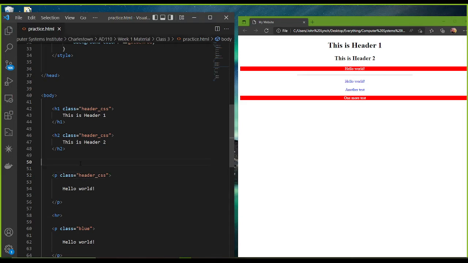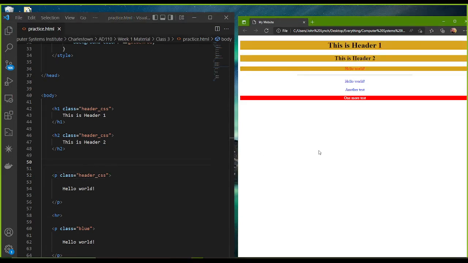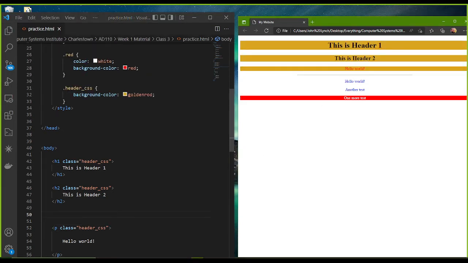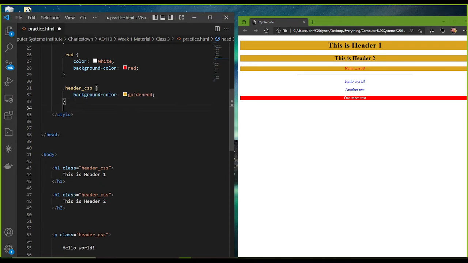Call this one header CSS as well. Anytime I see that element, I'm going to apply the background color of goldenrod. Okay. Does this make sense to folks with this CSS? I think, Stefania, does that make sense? I just want to make sure we know this before we jump to the next part. Yes. Okay. Cool. Great. So this is the basic class here, and now what we could do is, you know